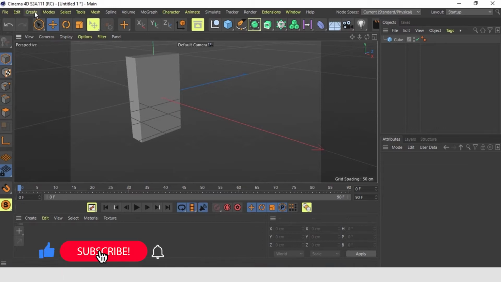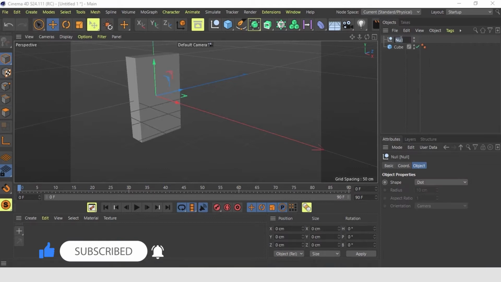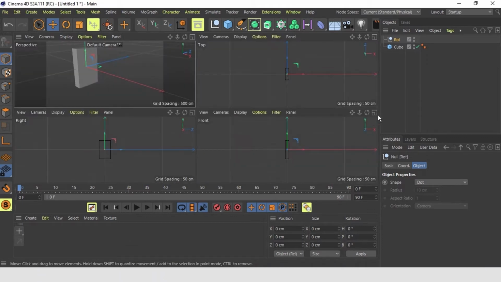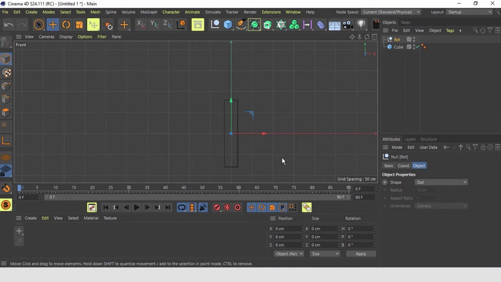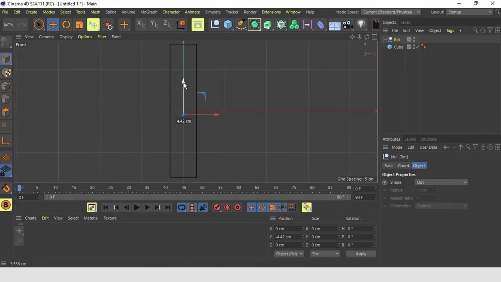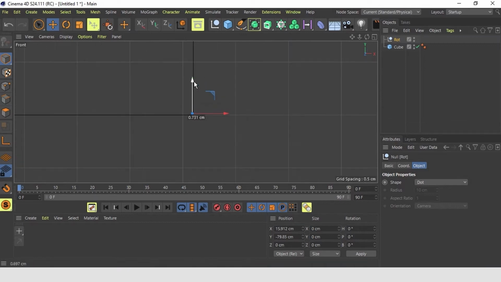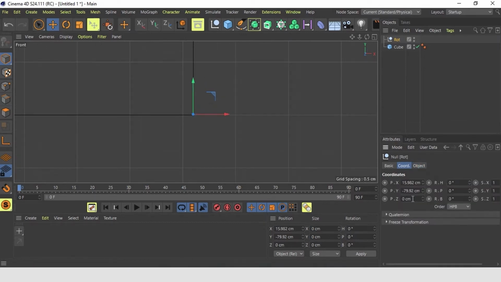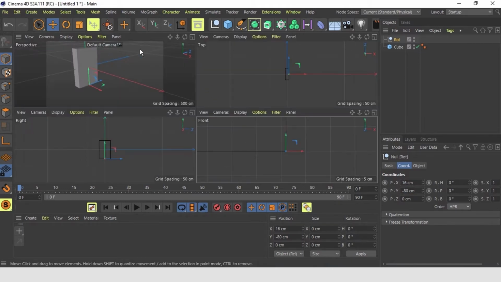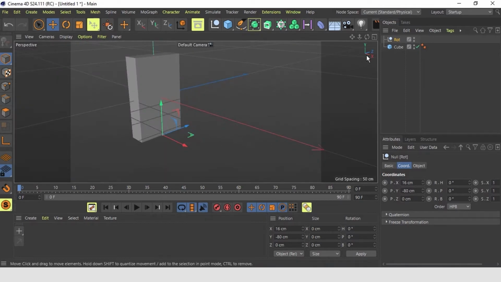Now we create a null object and name it rotation. And we will move the null to the corner where we have the cube to flip. So we take the null and move it first out to the corner on the edge of this cube, and then move it down exactly on the corner where we want to flip. So now we pack the cube into rotation and we can start animating it.